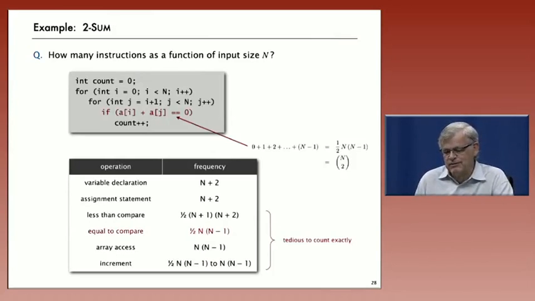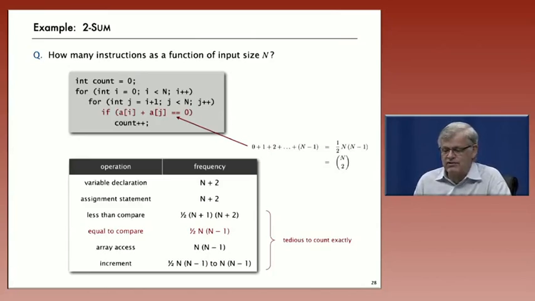So let's look at the next more complicated problem: what about the frequency of execution of instructions in this program, which is the 2-sum problem. How many pairs of integers sum to 0? Well, in this case, you have to do a little bit of math to see that when i goes from 0 to n and j goes from i plus 1 to n, the number of compares